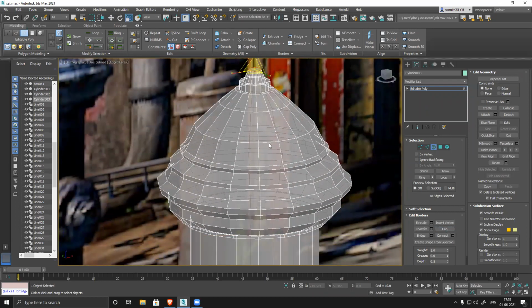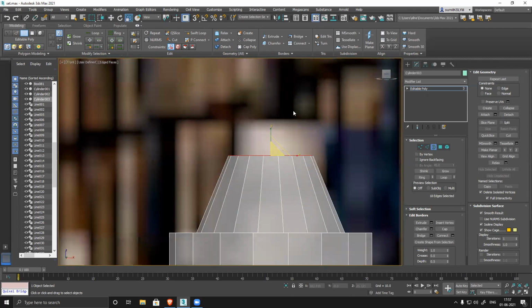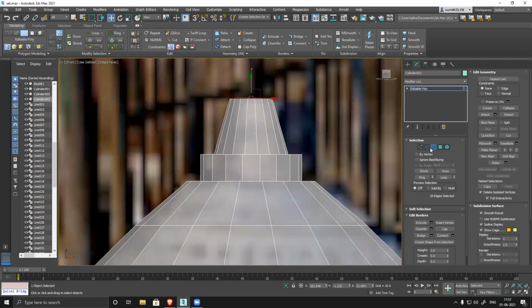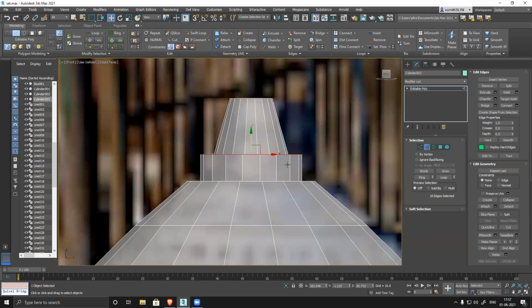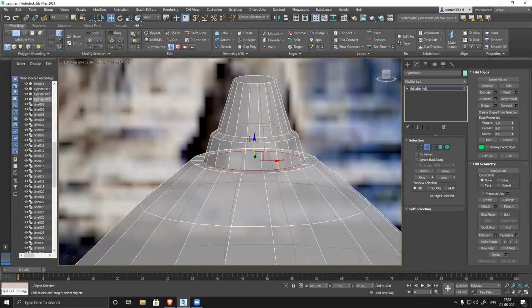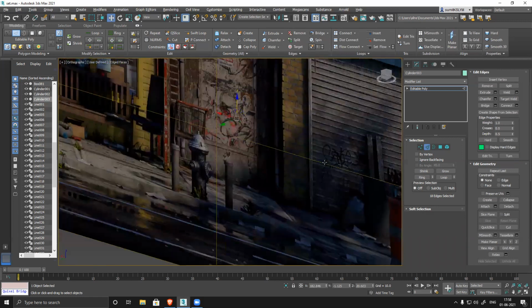That will be fixed later. Front and Z. Slightly angle. Yeah, so my basic structure, you can see it's ready.